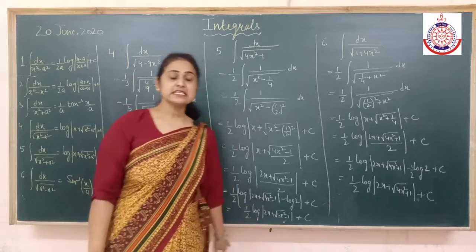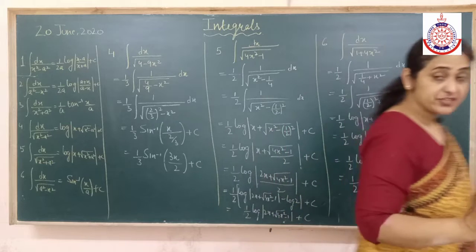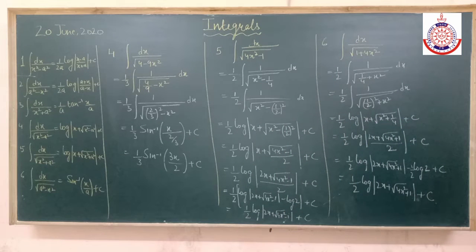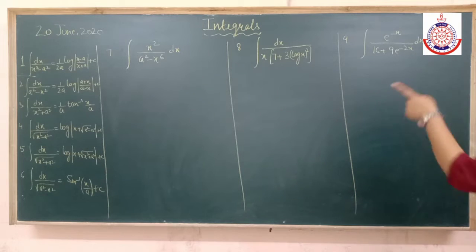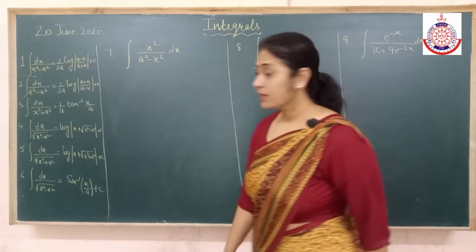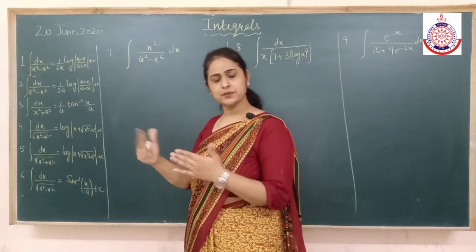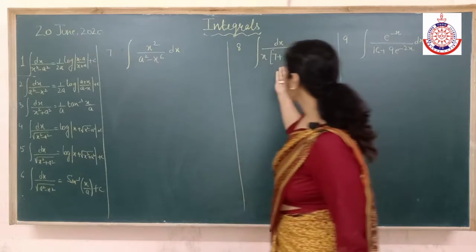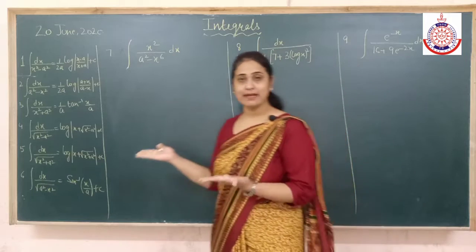I hope it's clear. These are the direct questions related to the formulas which we did in the last video, those 6 formulas. But there are more questions to the same topic. Now, if you see the next examples, none of the question is in the direct form. I have x square minus a square minus x square, in under root, without under root. None of the question is in the form. If I see these questions, I can't say I have to apply this form.